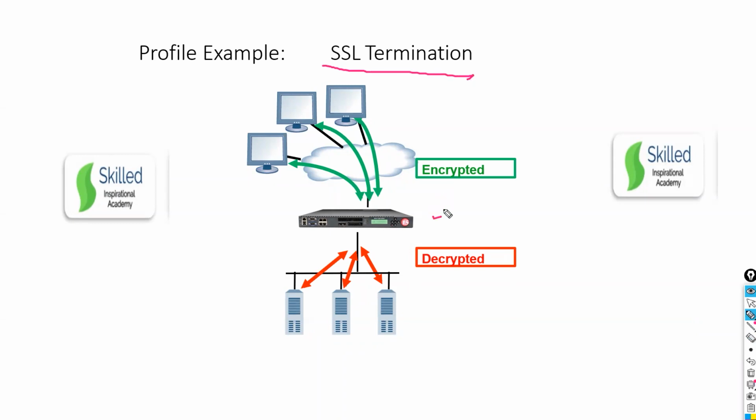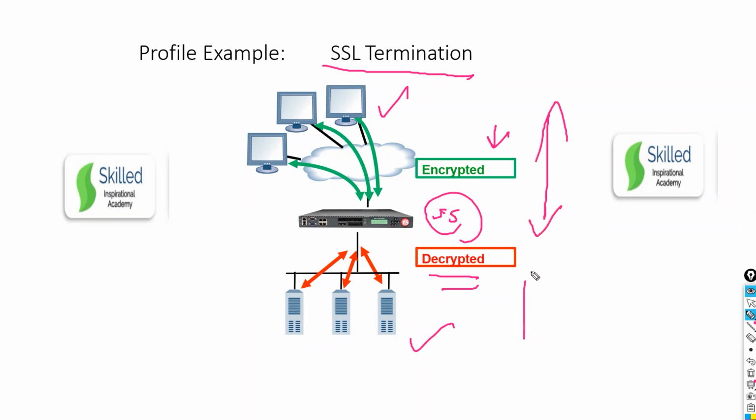SSL profile. Can you see this? We have a client and we have a server. Here it is saying encrypted connection. Here it is saying decrypted traffic. That is why I am saying that this connection is independent of this connection. That is the advantage of your full proxy architecture. This connection can be on HTTPS. This connection can be on HTTP. So your client will connect to HTTPS